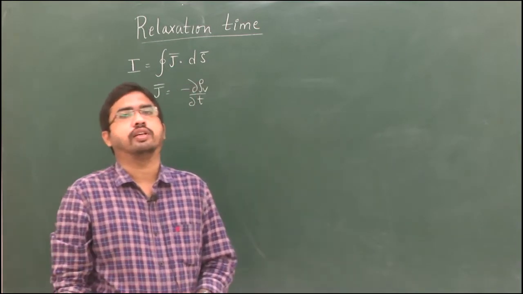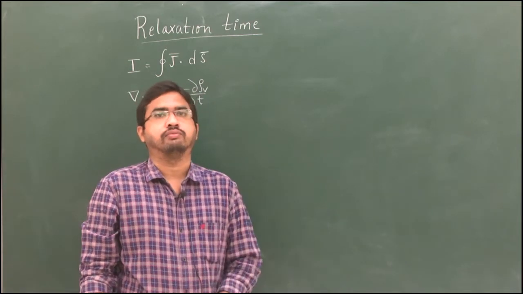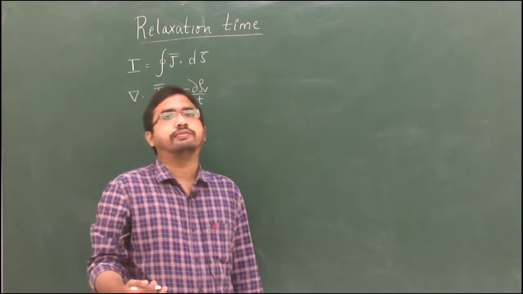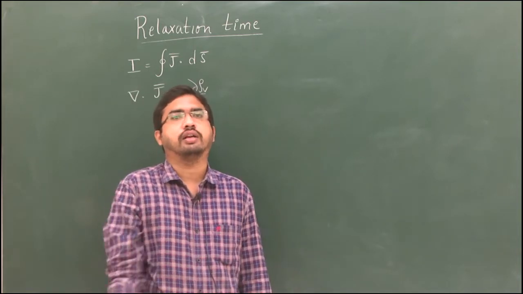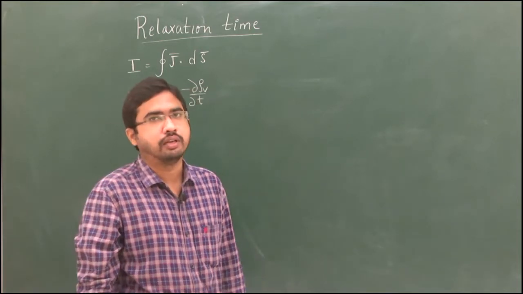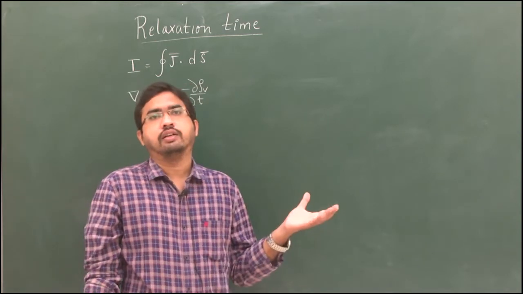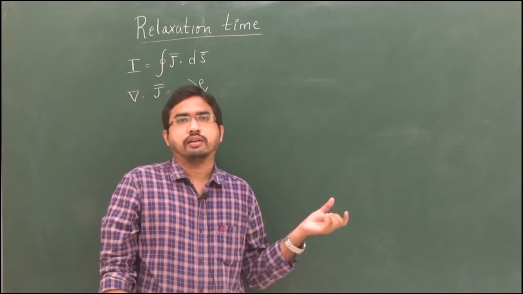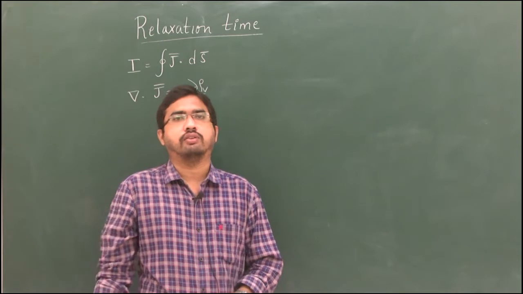After all those derivations, we have seen what is meant by a conductor. A conductor is a material which will allow the free flow of current through it. That means electrons can flow freely through the conductor. There will be many free electrons available in the conductor. Based on that fact, we have seen what is meant by a conductor and the resistance of a conductor in the previous sessions.